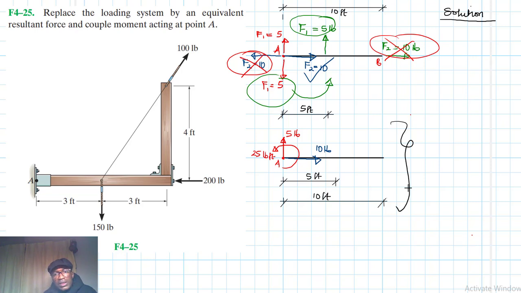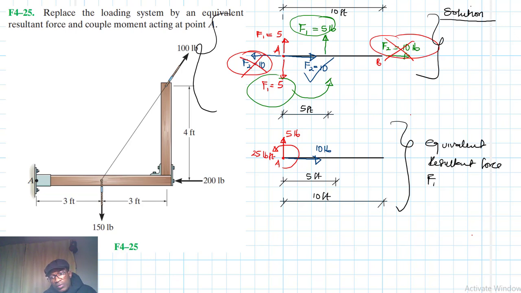So what we've done here is we've written this particular force system into an equivalent resultant force, F resultant, which is just equal to F resultant in the x direction is 10,